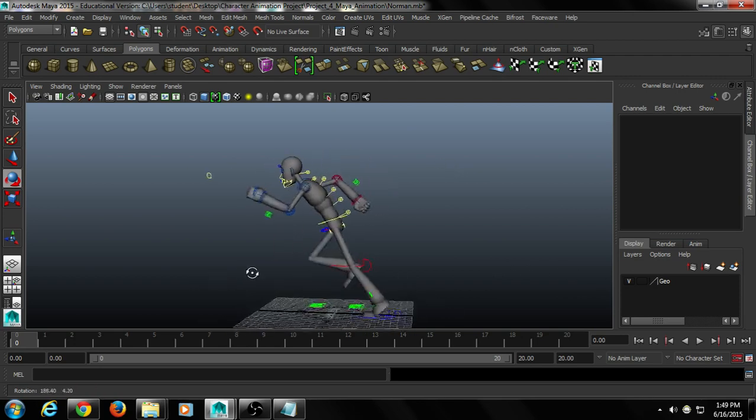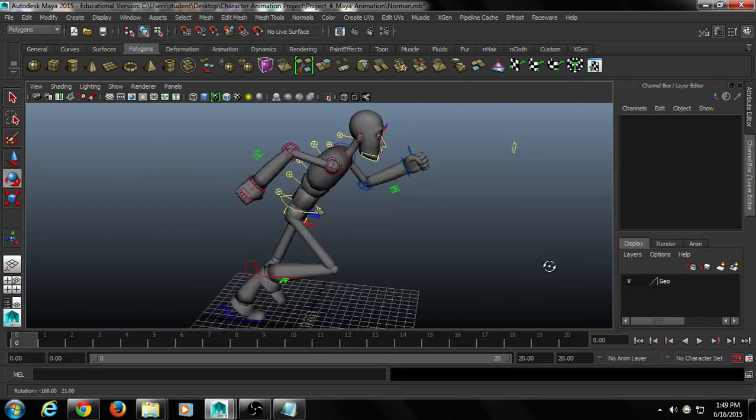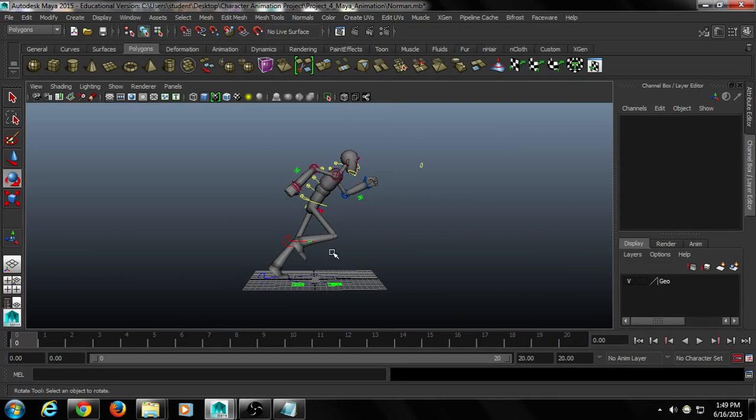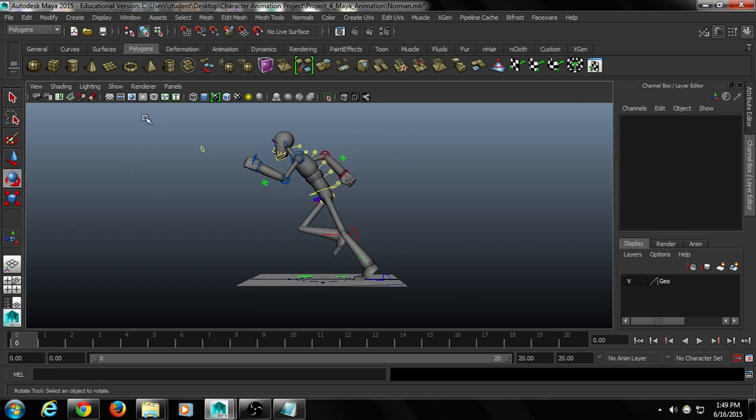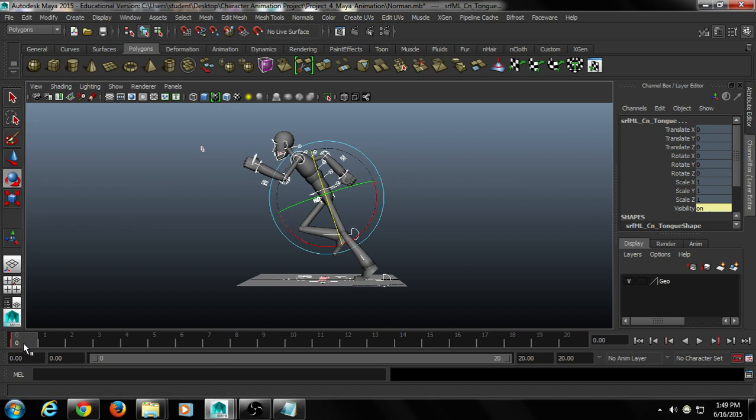Alright, so he's hauling ass. Looks good. So that will be our first pose. Okay? So what I'm going to do now is select all the keys, select all the controls, and I will hit S on frame 0. And what that's going to do is set a key for all